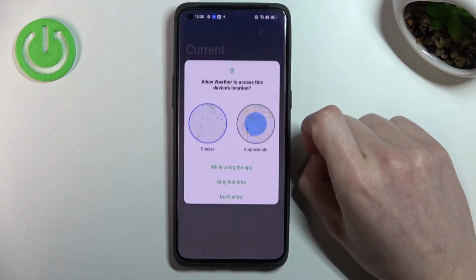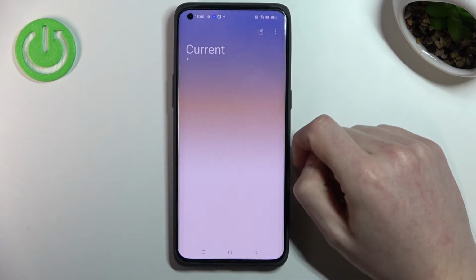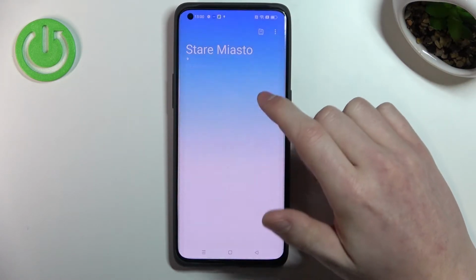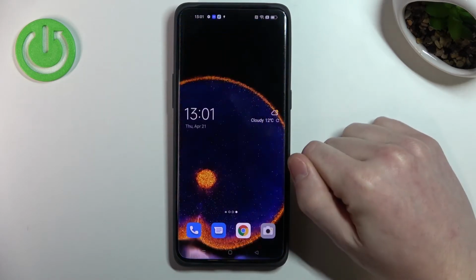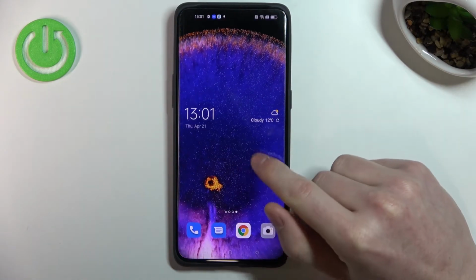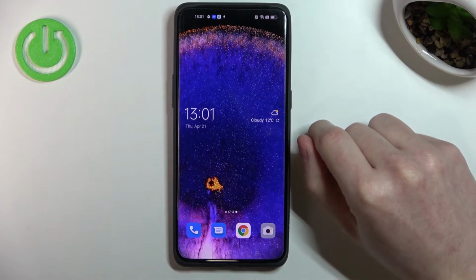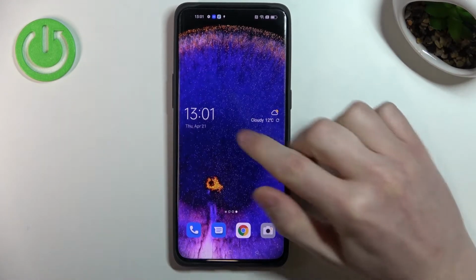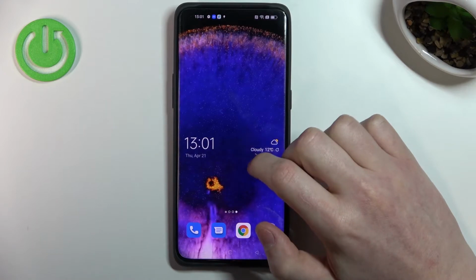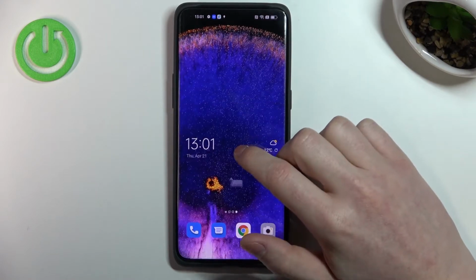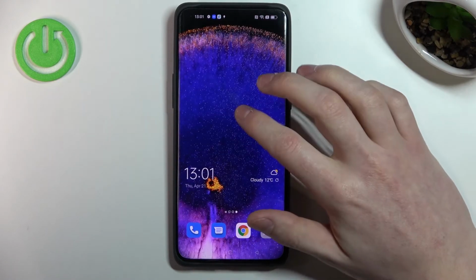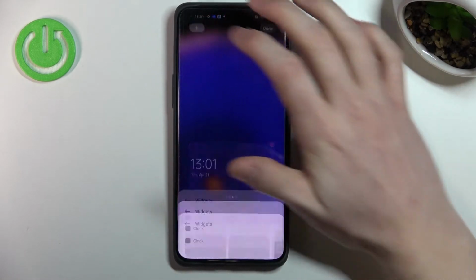Now let's press on the weather while using this app and let's wait for a bit. Go back and you should see the weather for your current place. That's pretty handy to have. Now let's delete that, or actually let's keep it, but somewhere right here, and add another widget by pressing this